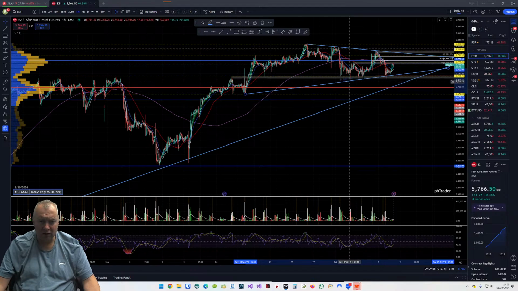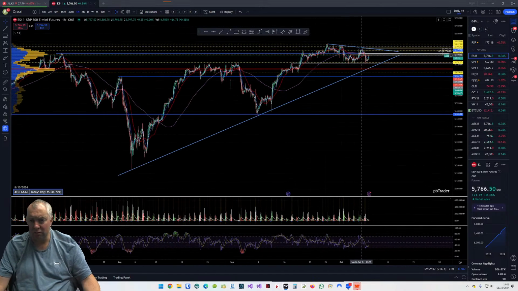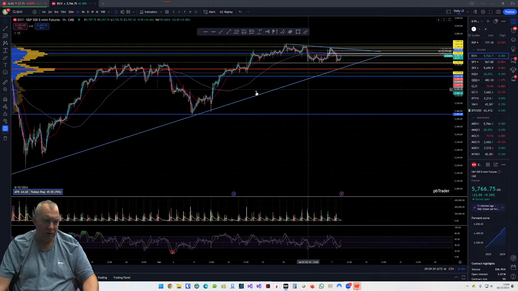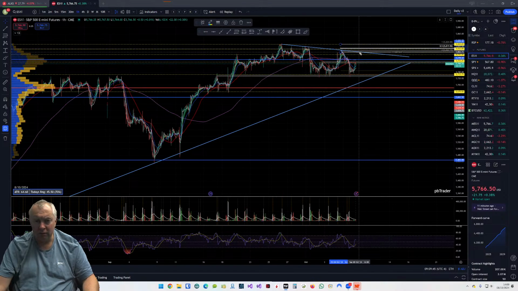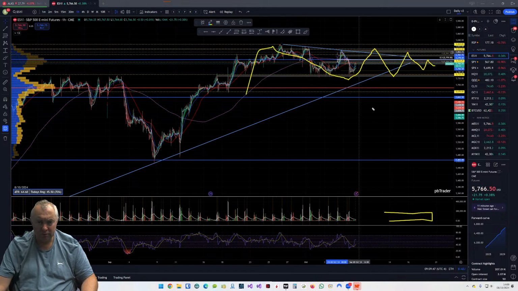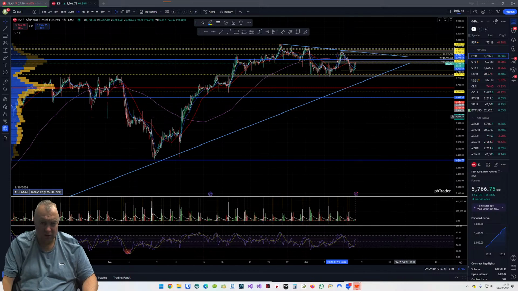So let's just get rid of that. I don't like too many lines. I'll try and tighten up. We'll keep the top trend in, and we keep this main hourly trend in, and we'll just be interested to see what happens when we get up into. Oh, let's clear that.